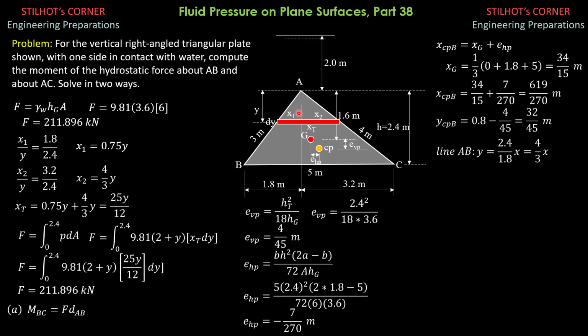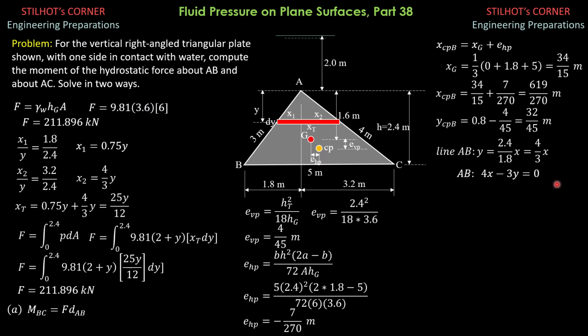Now, the equation of line AB, take note, we treat this as the origin, and we treat y, not that y there. Of course, the y-axis is in that direction now. Anyway, this is just determining the equation of the line. The x-intercept, y-intercept is 0 because B is the origin. The slope of line AB is y 2.4, x 1.8, and the y-intercept is 0. Take note, it passes through the origin, which is chosen to be B. So y equals 2.4 over 1.8 x, or 4/3 x. This is the same as 3y equals 4x, or 4x minus 3y equals 0.